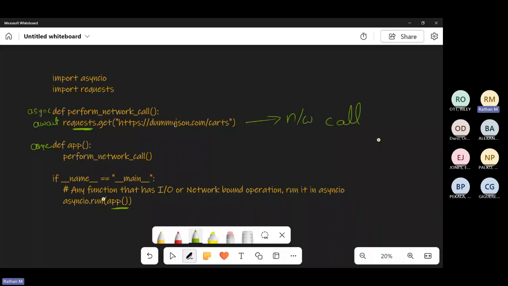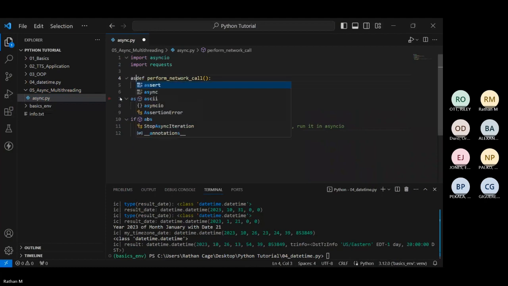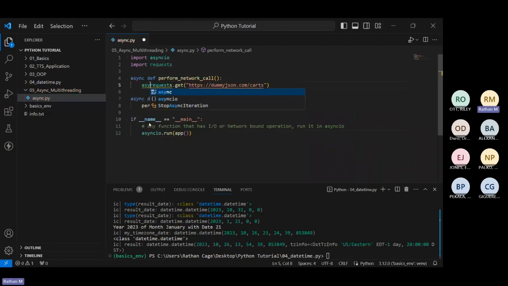Right, so no queries. In that case, let's go ahead and write this. So only thing I need to do is, since we are starting our application with async IO, the first function that is called is async. The function that it calls is also async. And the requests will also be async. But here's the problem. Requests is a very old package. It does not support async by default. If you want async to be supported, instead of requests, you need to use